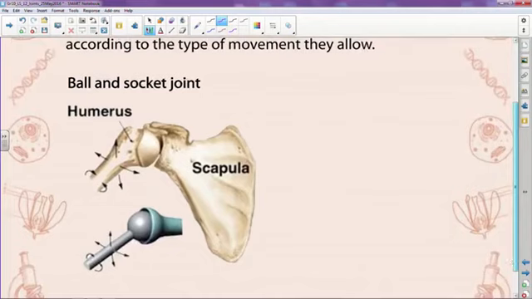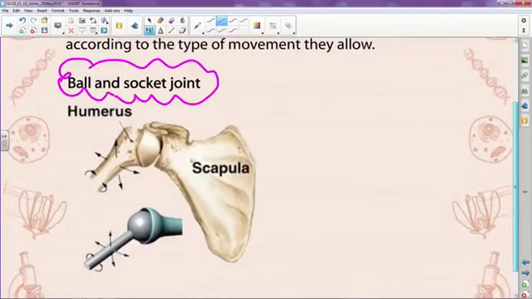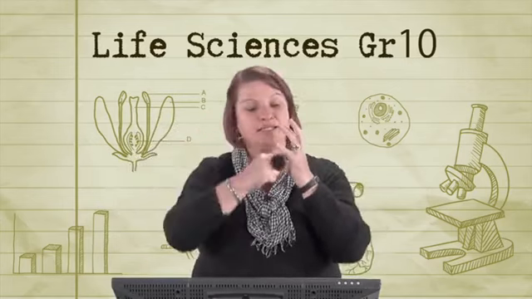Then the next popular joint is your ball and socket joint. So these are the two that I would recommend that you know better than the others. And the ball and socket joint very simply means the head of a bone fits into a round socket. Now, unlike the saddle where forward and back it can form a rolling motion,